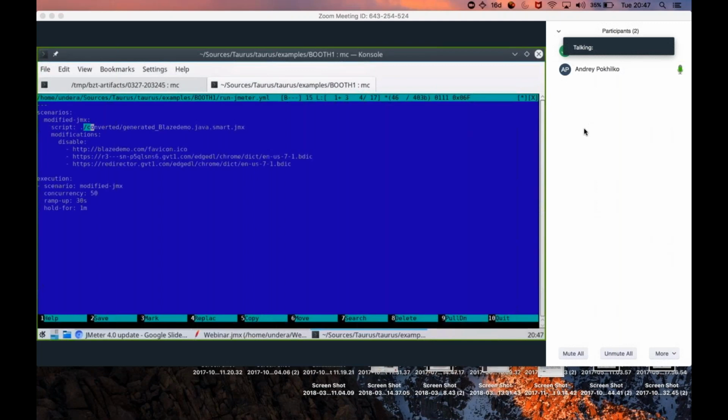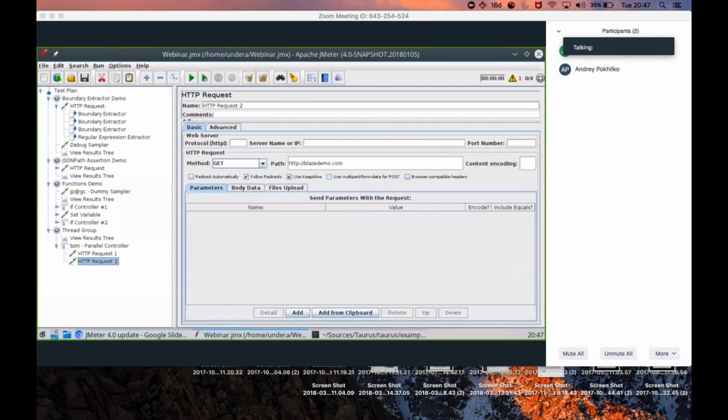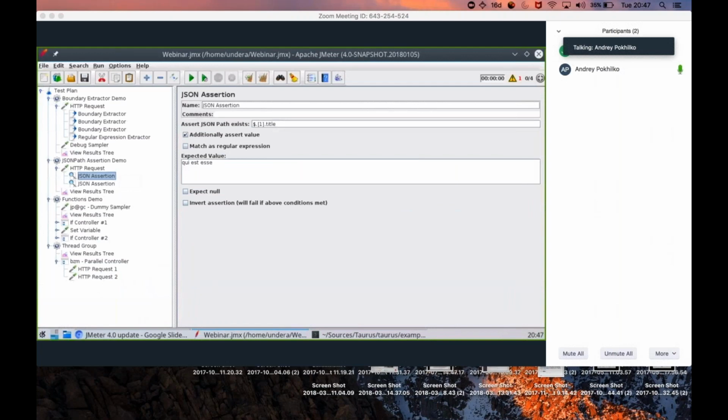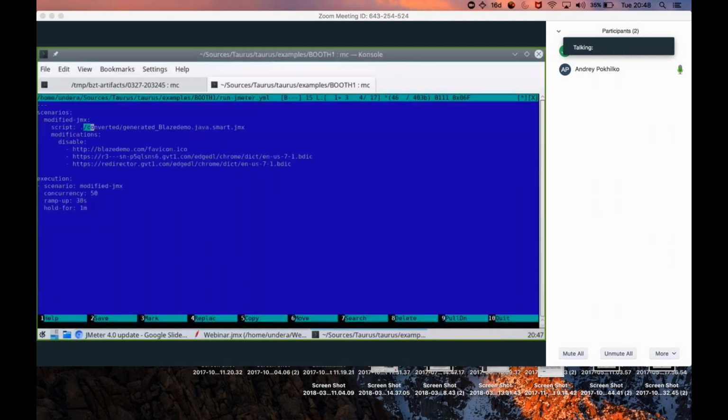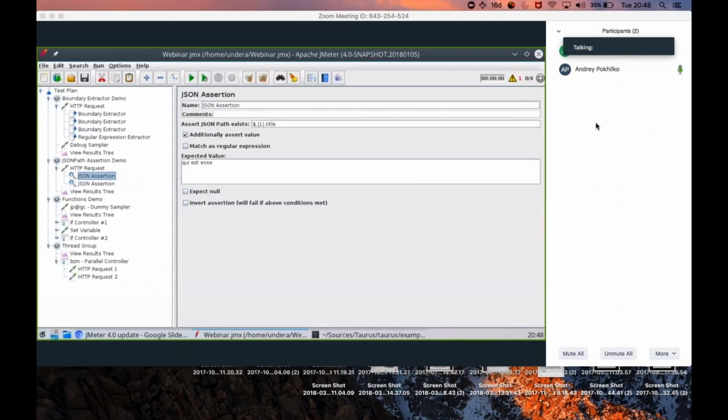So if all of your assertions are named like, I don't know, where's my assertion? Here it is. If all of your assertions are called JSON assertion, then you would put here the instruction into the disable section, JSON assertion, and it will run. I could quickly build the script to demonstrate this with my JMX here, but it's not worth everyone's time to see how I'm typing these instructions in my text editor. So just believe me that this is doable through these